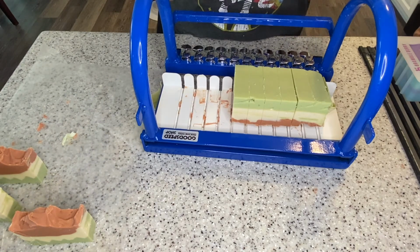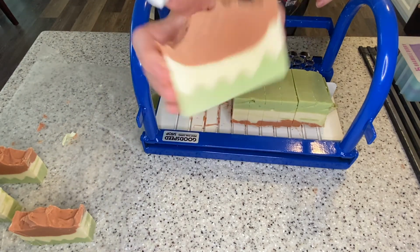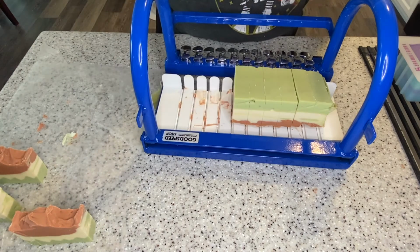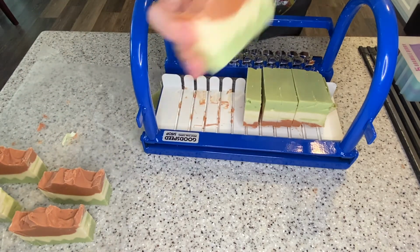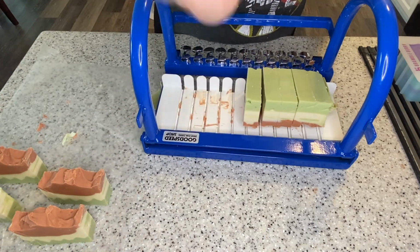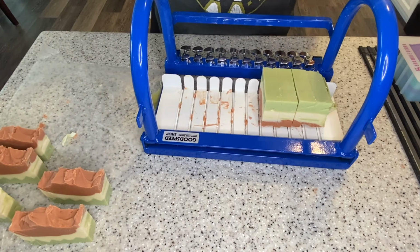There is soap all over this cutter. Yeah, I knew that top layer was going to do that. I knew I was going to lose the definition. The bottom layer got a nice little zigzag. Does it still remind you of caramel apple? It does me. It smells pretty good. I think I put a little too much fragrance in it. So...